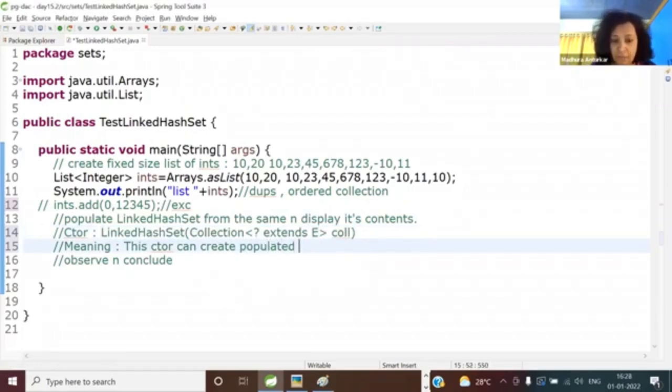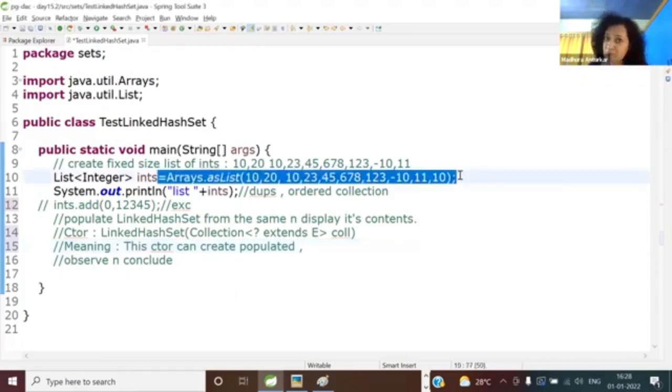Wait a second. Is this going to be a fixed size linked hash set or is it going to be growable? F or G, fixed or growable? I said the linked hash set. Is it going to be fixed in size or is it going to be growable? The answer is 100% growable. Here, guys, the list, the data source, was fixed in size, but you are copying the